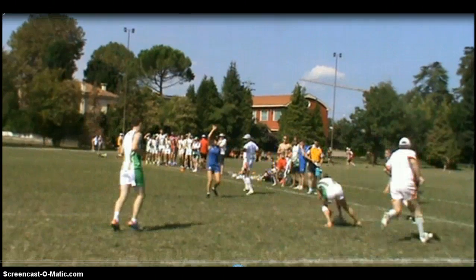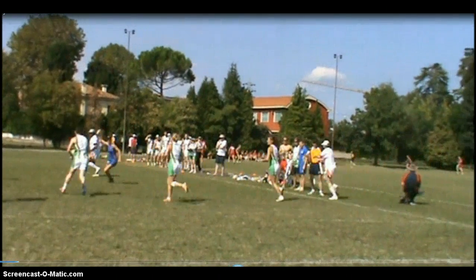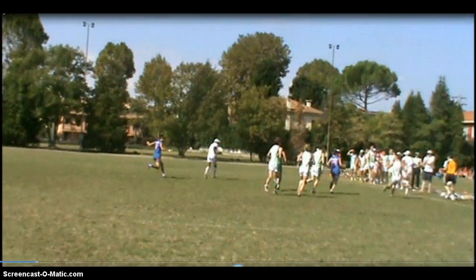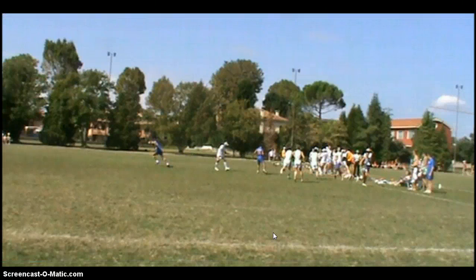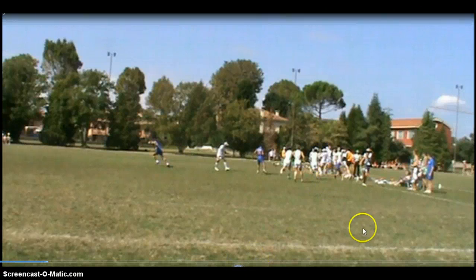So if we play this, okay. Obviously, that's just a mistake, but first thing is once we've got the ball back, the last thing we want to do is give it away again. So we're now going to be defending on our own line again. Okay, so if we play it on,